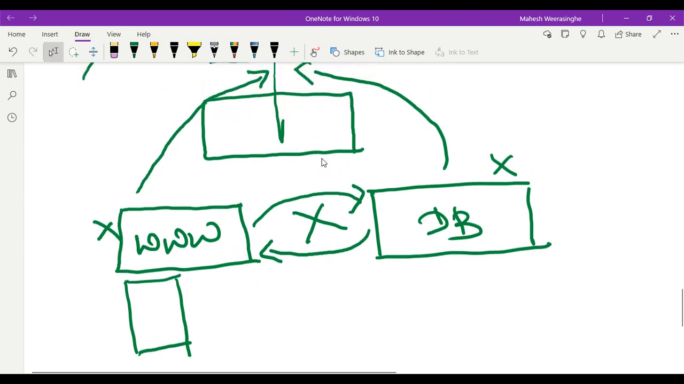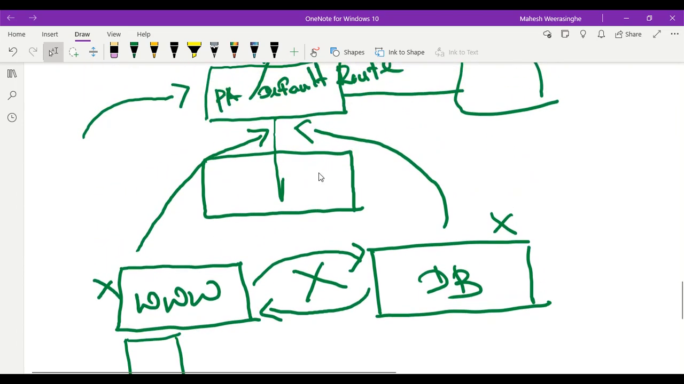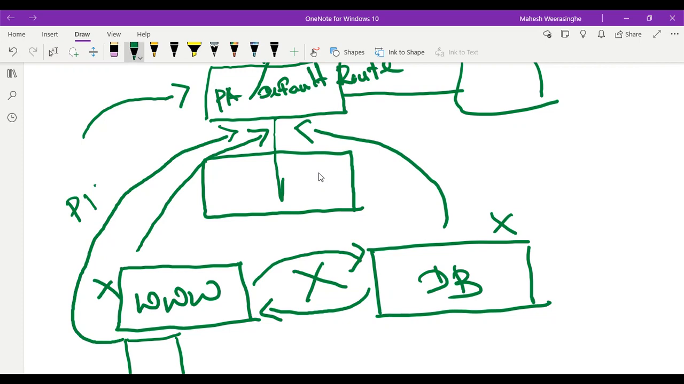If we are going to ping this firewall subnet or the firewall interface using this web server, this is a ping request. Ping. Ping. My pen is not working correctly. Okay, ping. But this is not going to work. Actually, the problem is